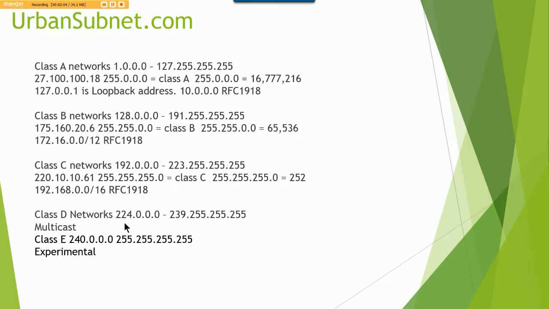So that's what multicast IP addresses are used for, to help protocols communicate on the network,